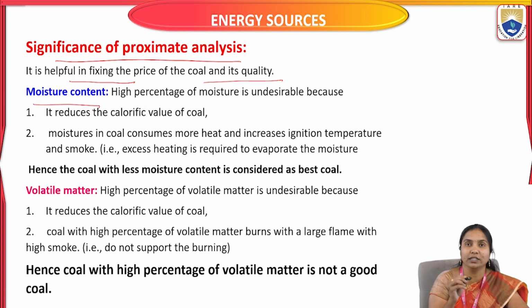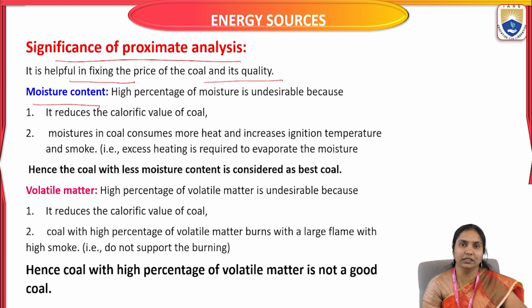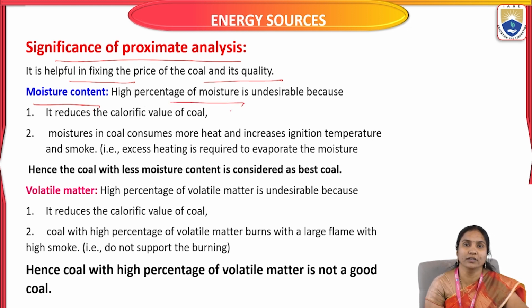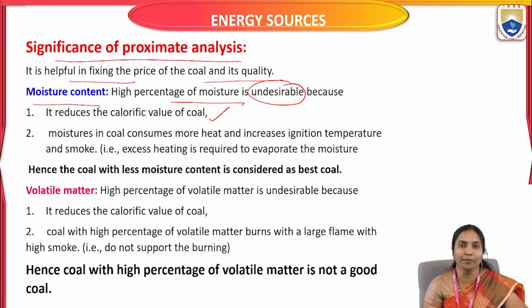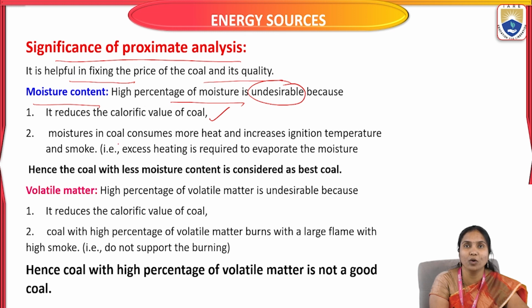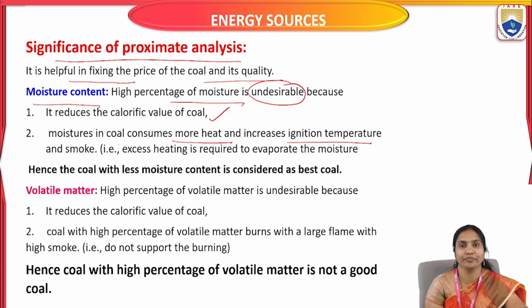So first one is moisture content. If a high percentage of moisture is present in a coal sample, in this case it is highly undesirable, because it reduces the calorific value of the coal. If the percentage of moisture content increases in this fuel, it is undesirable because it reduces the calorific value of the coal. And second, moisture in coal consumes more heat and increases ignition temperature and smoke